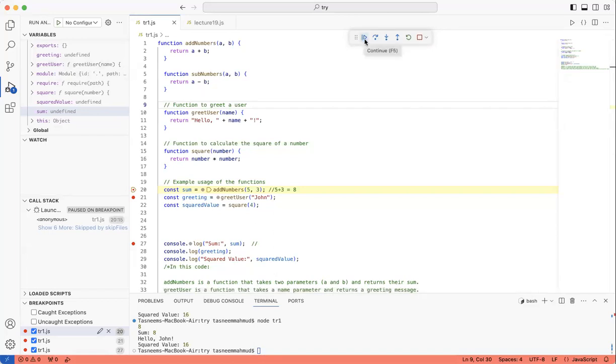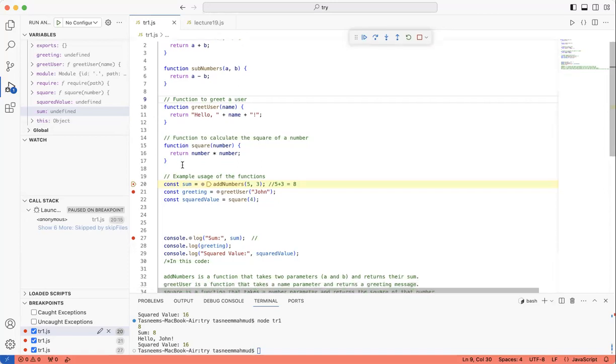If it doesn't show this particular sign or it just shows the pause button, we'll get to that. But I'm just trying to figure out the question for Zubayd over here. So could you elaborate on the part where you said the loaded scripts part? Okay, okay.